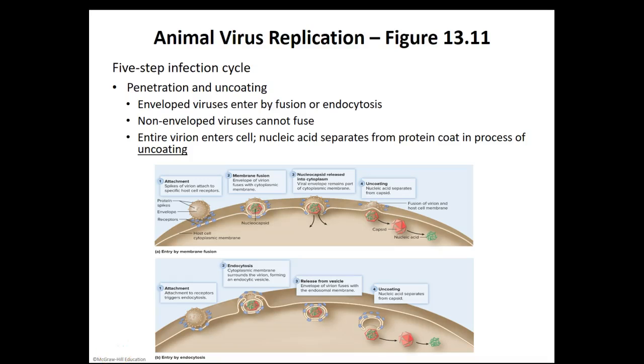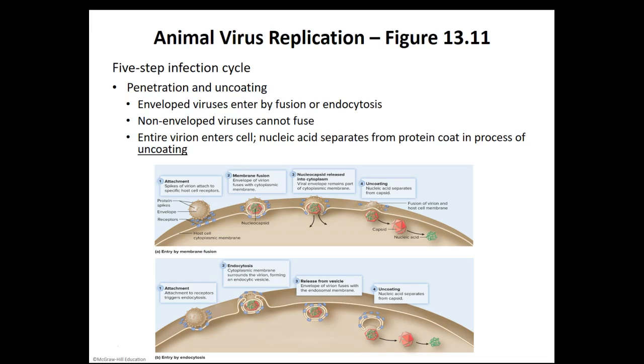In this video, we'll take a look at the second step of virus replication, which is known as penetration and uncoating. Penetration is simply the process of the animal virion entering the host cell. Uncoating is the release of the genetic information, the genome, from the virion within the host cell. As you can see here, the manner of penetration is going to depend upon the type of virus that you're